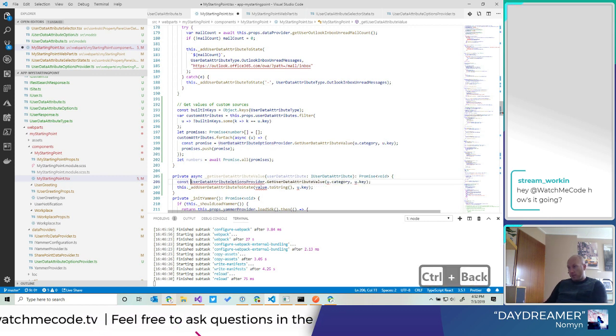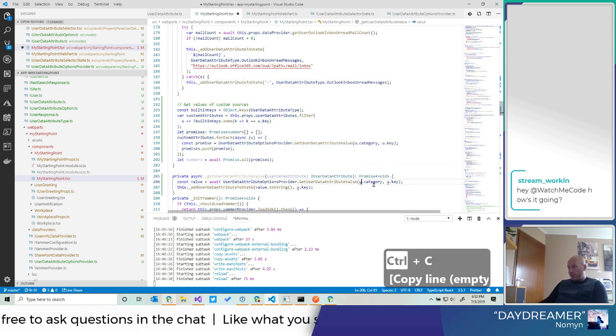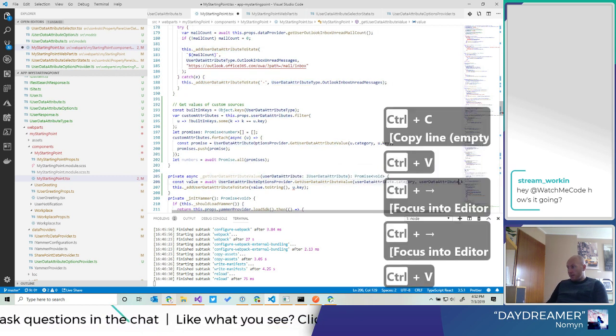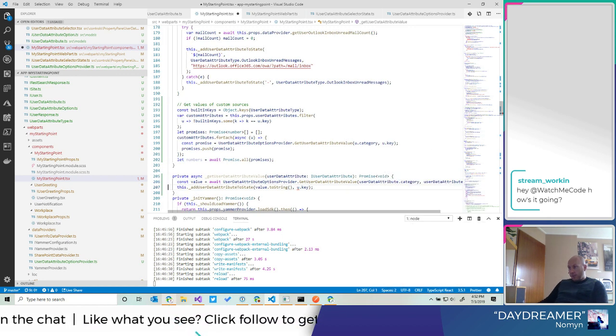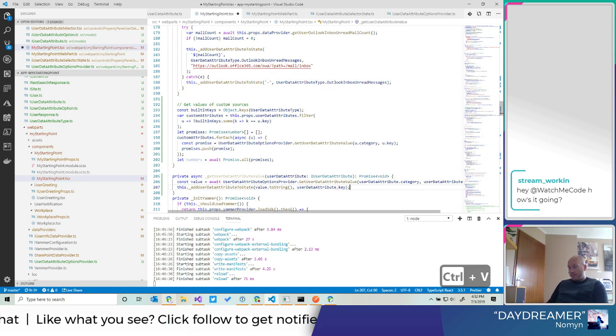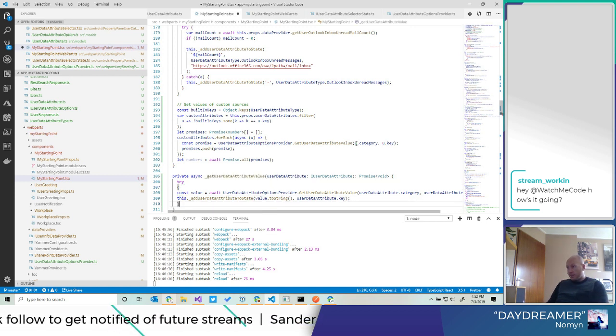So have a const value from that user data attributes category user data attribute key, then add it to the state. We want to try catch this maybe, or if it goes wrong. Catch e.